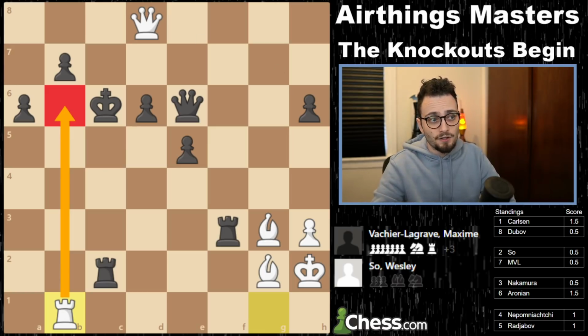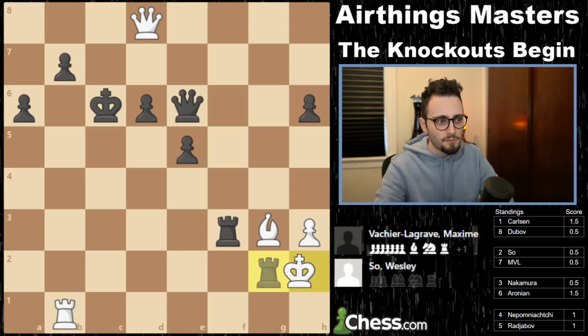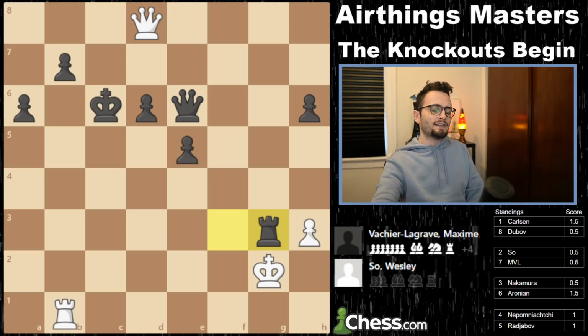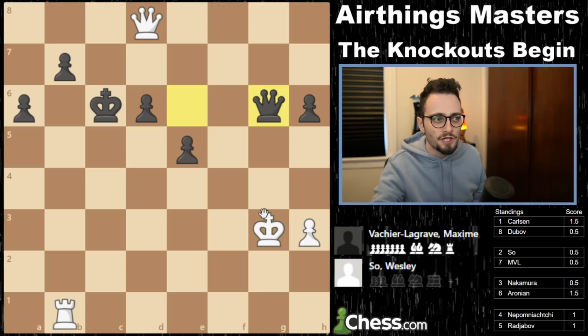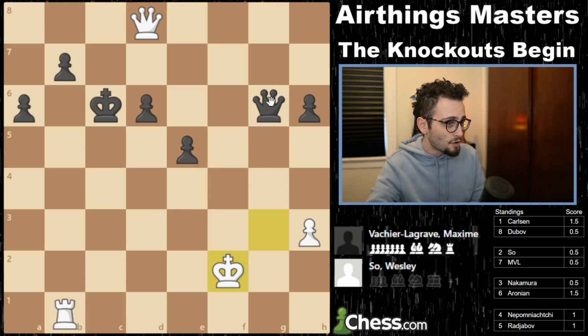Except for the fact that here, MVL finds a gorgeous move. Rook takes g2, sacrificing 1 rook for the bishop. Rook takes g3, sacrificing the 2nd rook for the bishop. And Wesley resigned because if he takes, there is a gorgeous geometric motif of where he just put his rook. 2 rook sacrifices and queen g6 check would lead to an endgame where